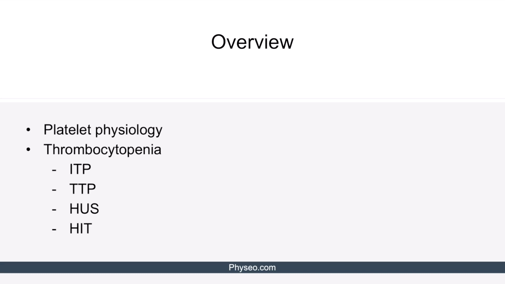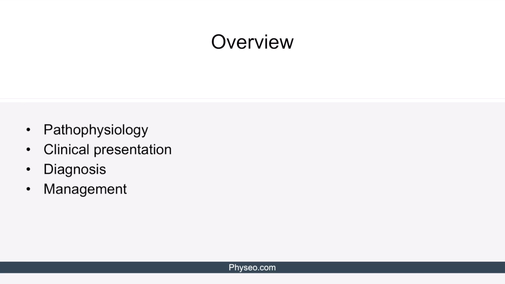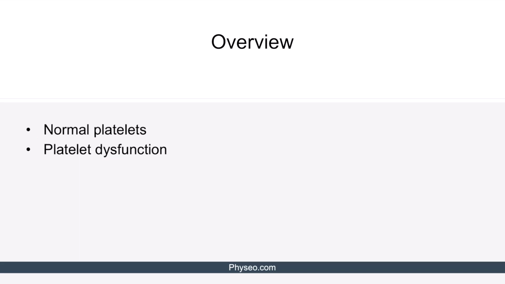Let's begin. In this video, we will discuss normal platelet physiology and thrombocytopenia caused by immune thrombocytopenic purpura, thrombotic thrombocytopenic purpura, hemolytic uremic syndrome, and heparin-induced thrombocytopenia. For each of these conditions, we'll talk about the pathophysiology, clinical presentation, diagnosis, and management. In this subsection, we will discuss the normal platelets, and we will briefly review the general signs and symptoms of